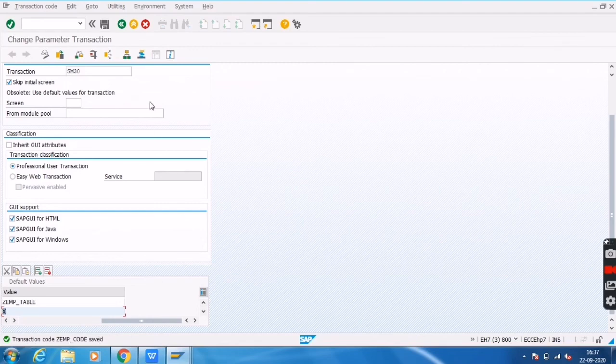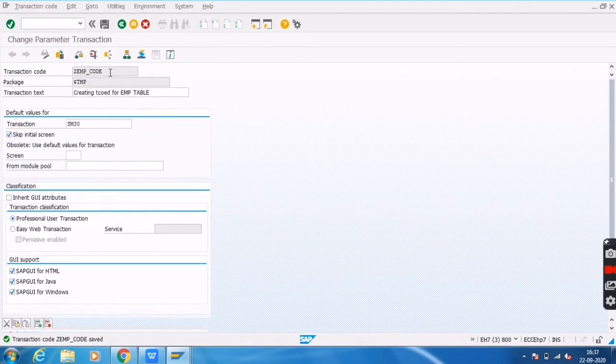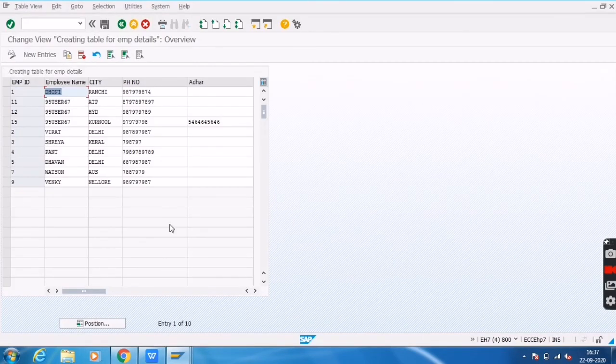Now I want to use this transaction code. So the ZEMP T code will directly open our maintenance screen.